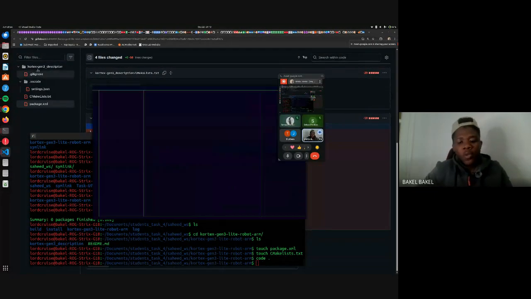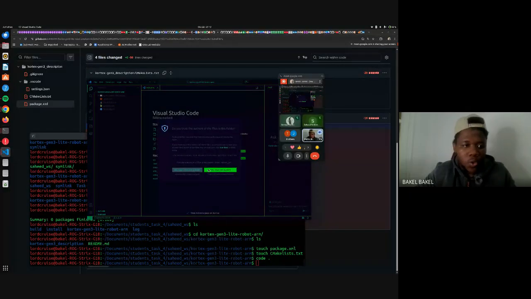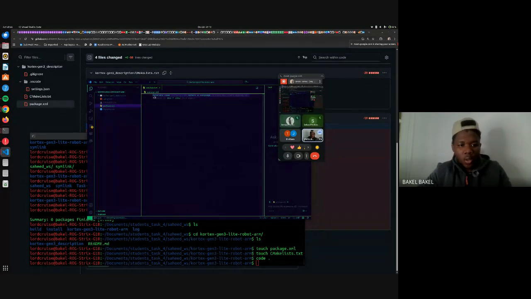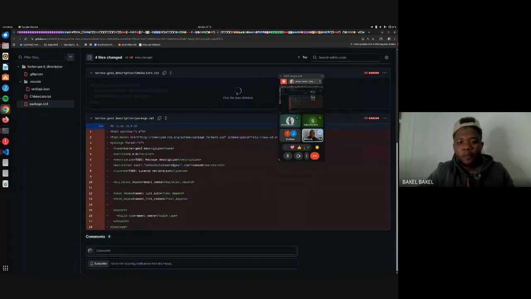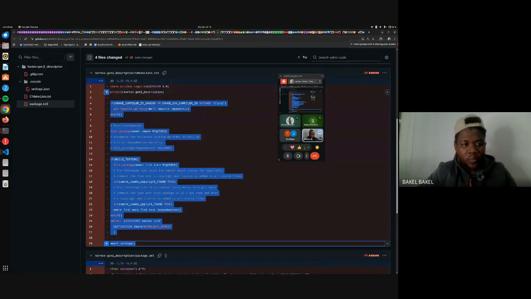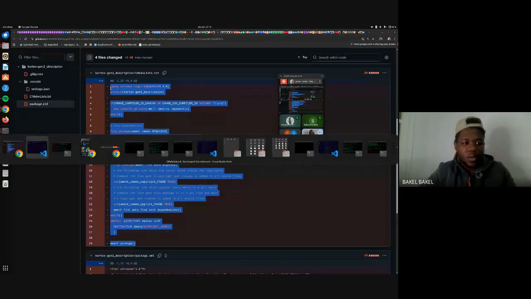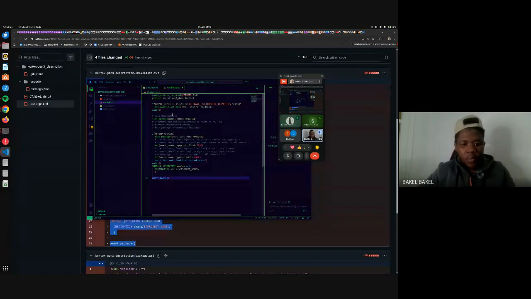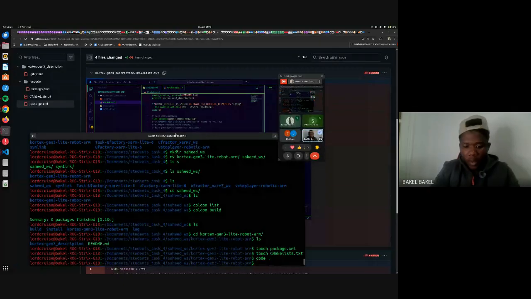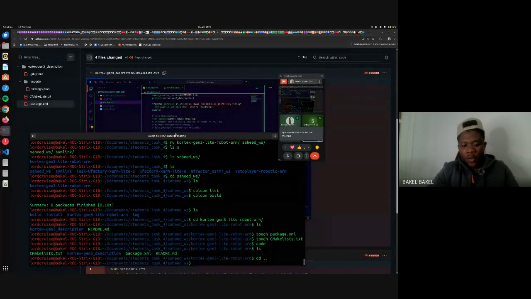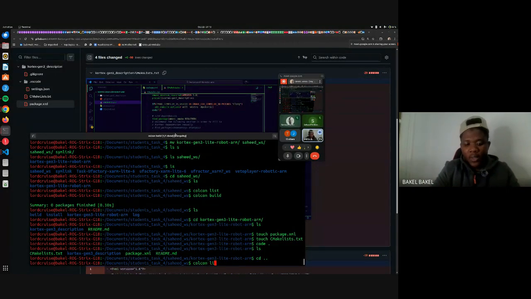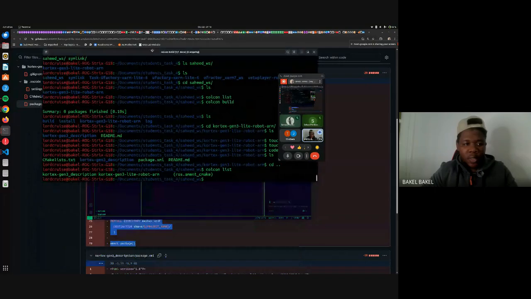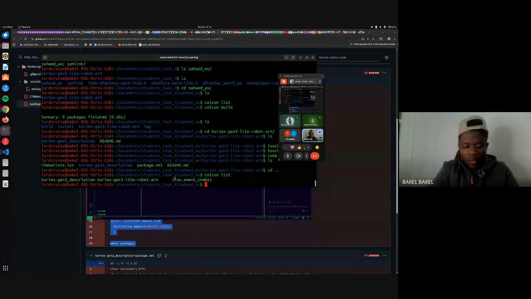I'll open code, and then I will just trust the author. I'll come to the package.xml. I don't generate code, I'll just paste this. I'll save it. I will go to the CMakeLists and copy the CMakeLists, and then I would paste it now, right? So now ls, let me go back up a directory. So I'm in the workspace that he said. Now let me run colcon list. Then and only then do we see the package. So we see that he has the package now, and then we run colcon build,